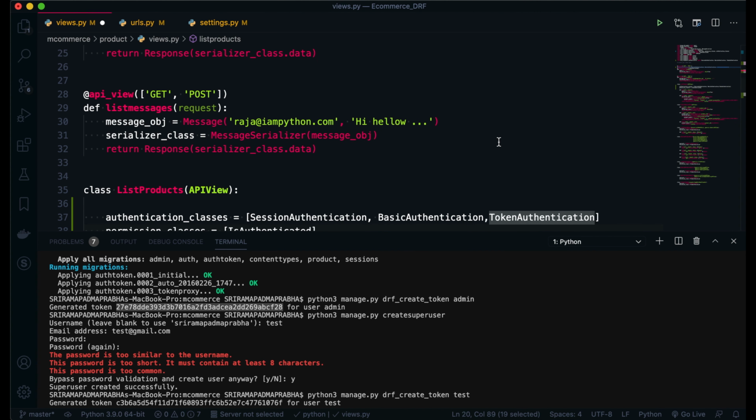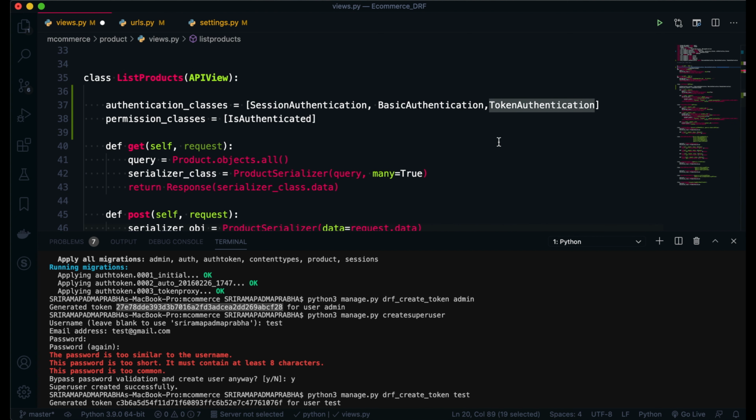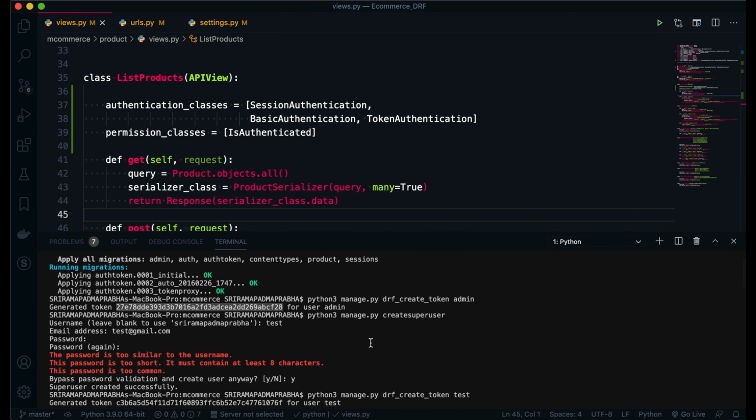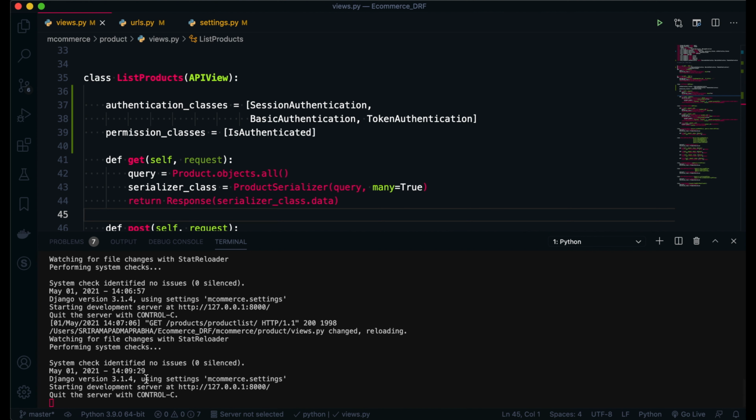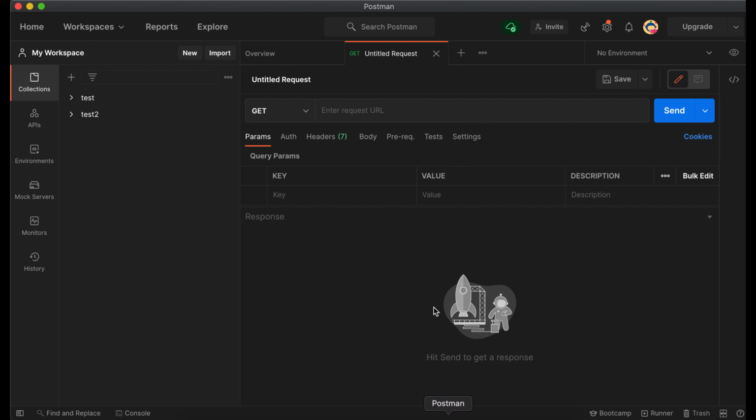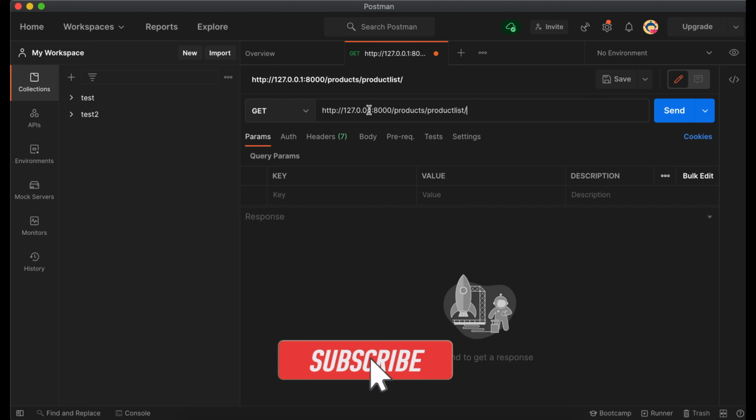Basically we want to validate. Now you may wonder how to validate this one with Postman. Okay, that is also I'm going to show you now. Okay, now let's validate the URL. So before that, we need to check our server is working fine. Yeah, it's up. And go to Postman and add this URL here.